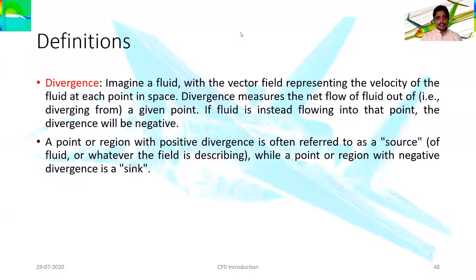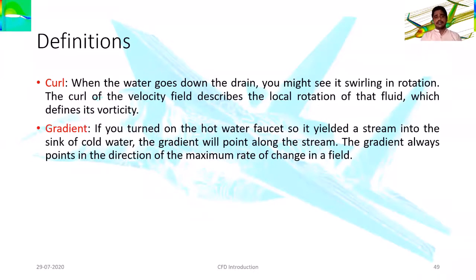The divergence represents the vectorial field notation of the fluid flow. In which direction the fluid flow is going will be addressed by this divergence of the fluid flow. The best examples are the source and sink flows for the divergence of the velocities, or divergence of the flow fields. Now, next, discussing the curl of the velocity.